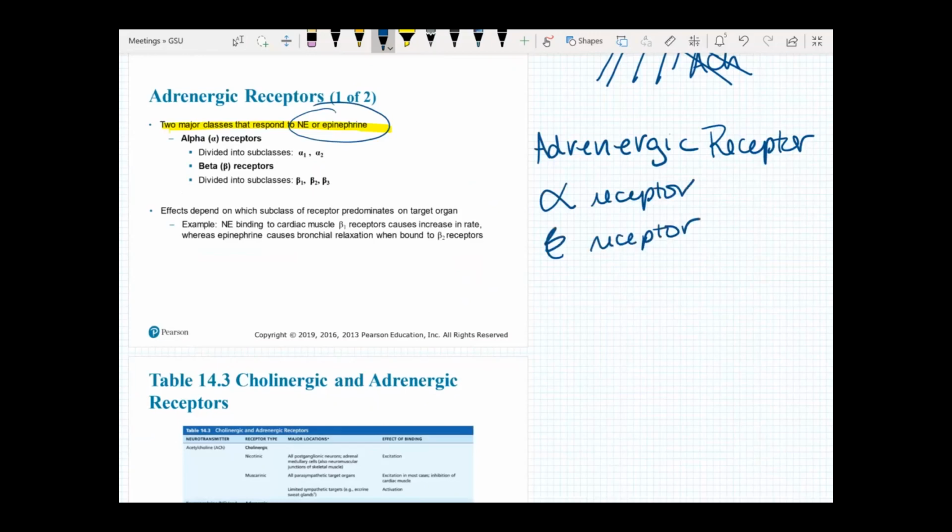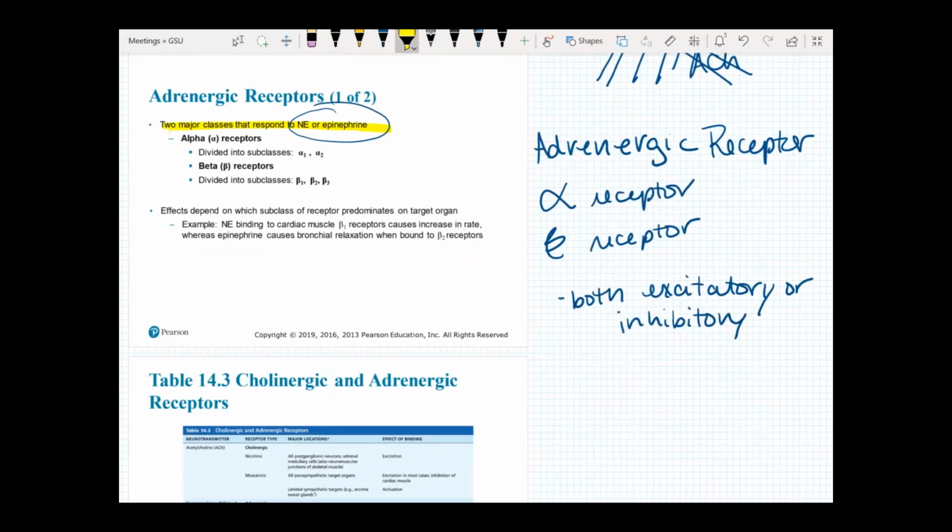And depending on where it is, it will respond to either norepinephrine or epinephrine, and it will be either excitatory or inhibitory. So depending on the target organ, it can be excitatory on one organ, but inhibitory on